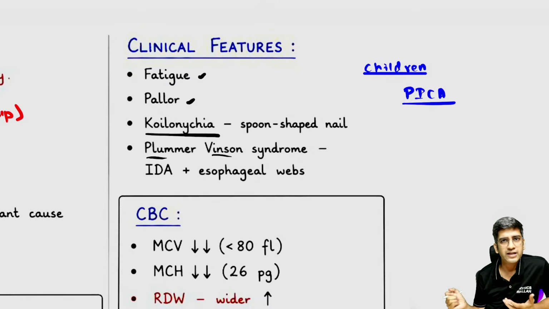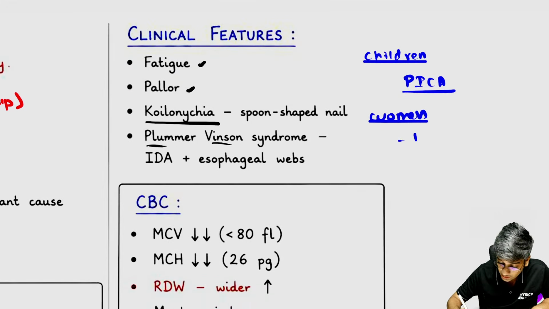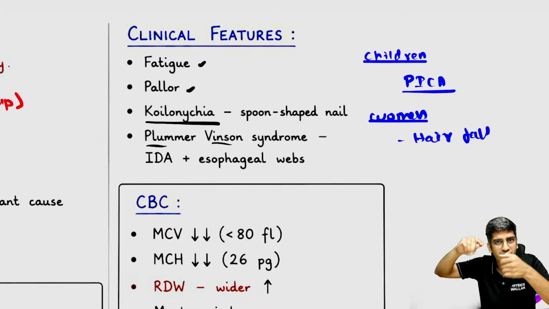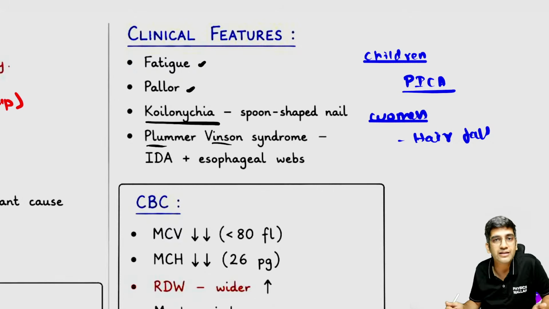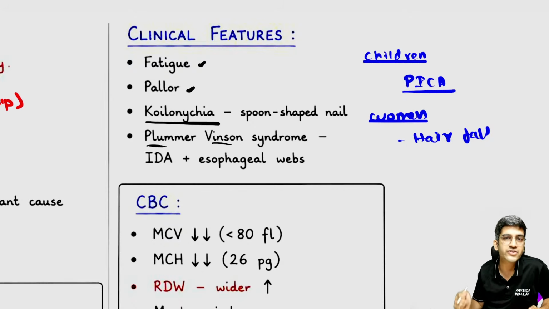Adults might not have pica, adults will have different symptoms. Adults, especially women, one of the classical symptoms which is ignored is hair loss, hair fall. One of the very common causes. Keratin, nail, koilonychia, this also is keratin. It will fall off, it will become thin, it will become brittle. Don't go to L'Oreal Paris, go to the lab, look at the hemoglobin, look at the iron. One of the common symptoms is hair loss and hair becoming broken, brittle hair, right?